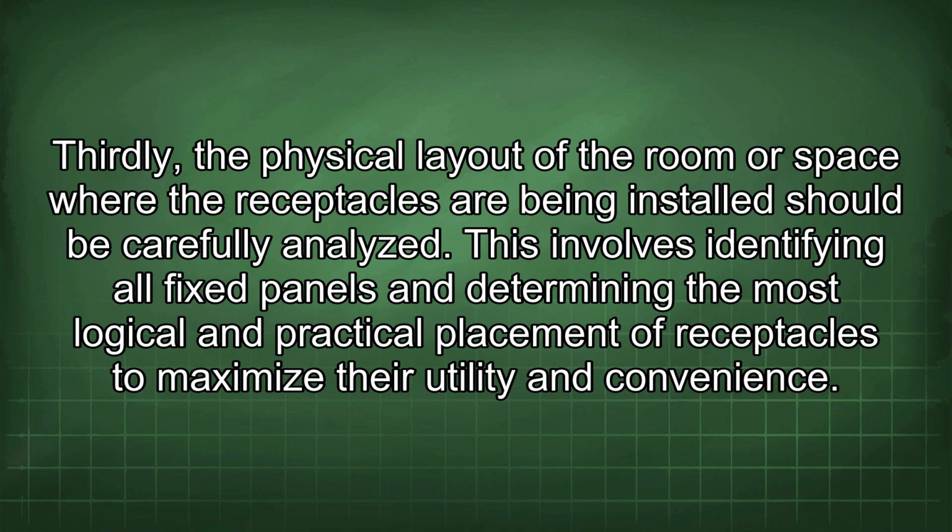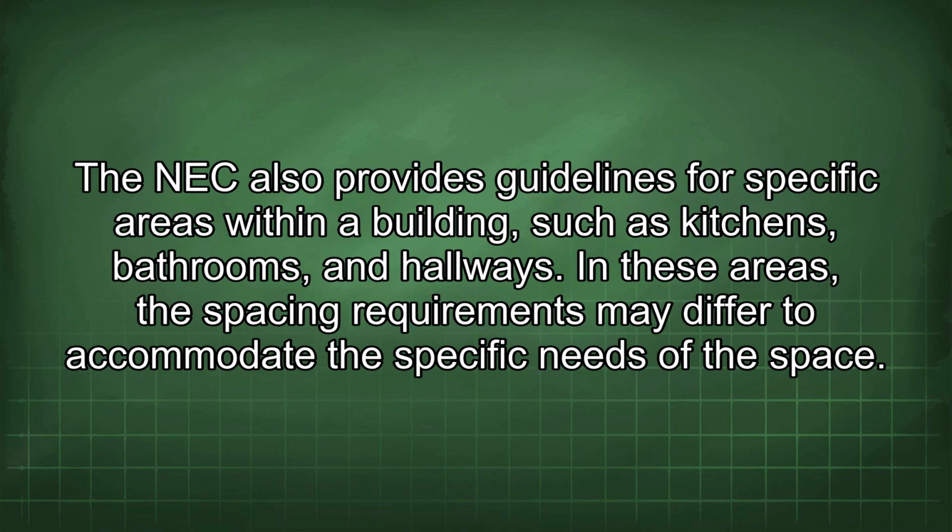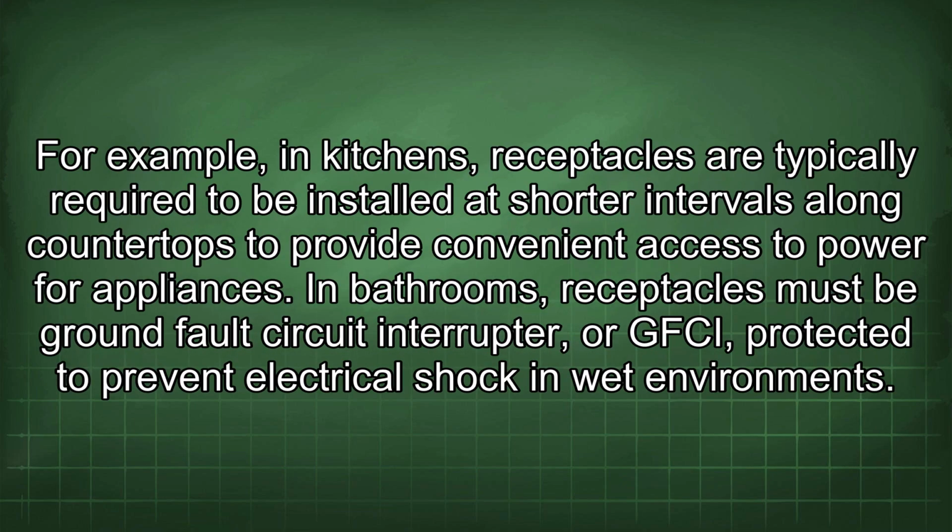and convenience. The NEC also provides guidelines for specific areas within a building, such as kitchens, bathrooms, and hallways. In these areas, the spacing requirements may differ to accommodate the specific needs of the space. For example, in kitchens, receptacles are typically required to be installed at shorter intervals along countertops to provide convenient access to power for appliances. In bathrooms, receptacles must be ground fault circuit interrupter, or GFCI, protected to prevent electrical shock